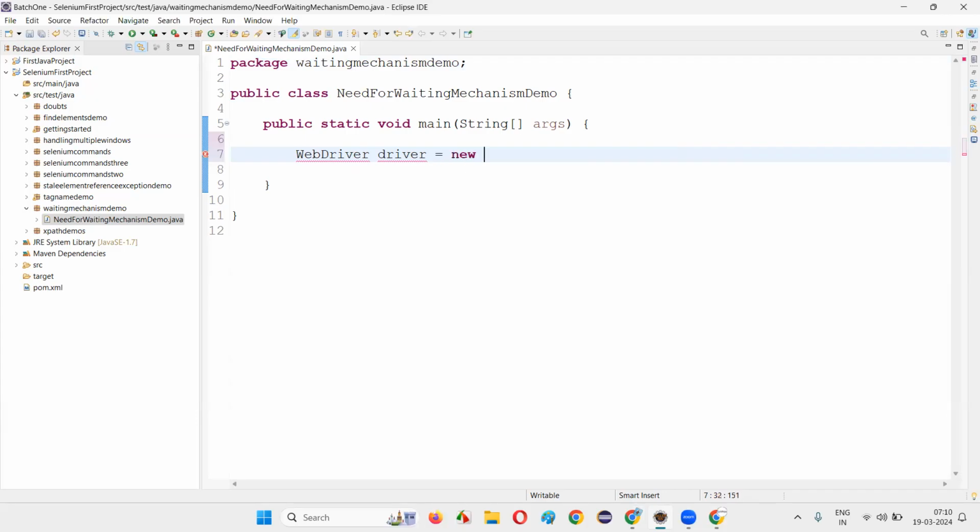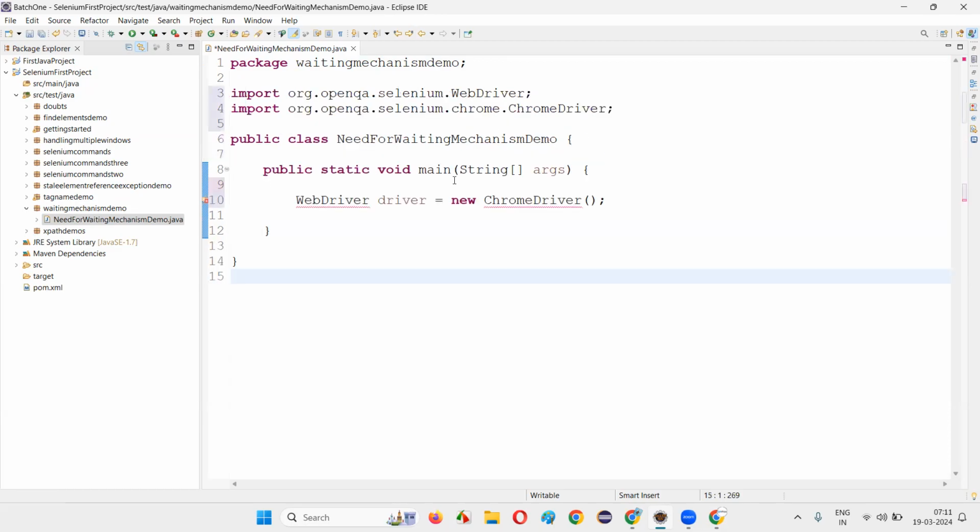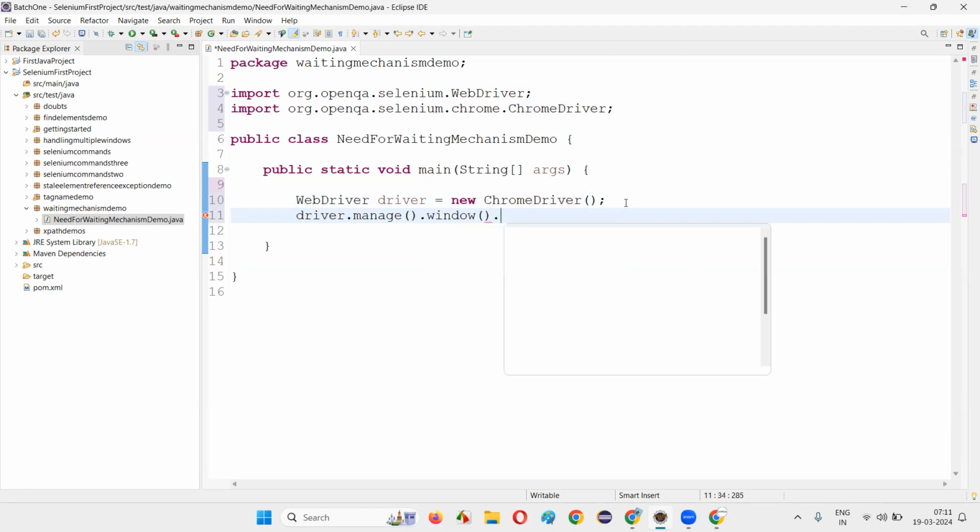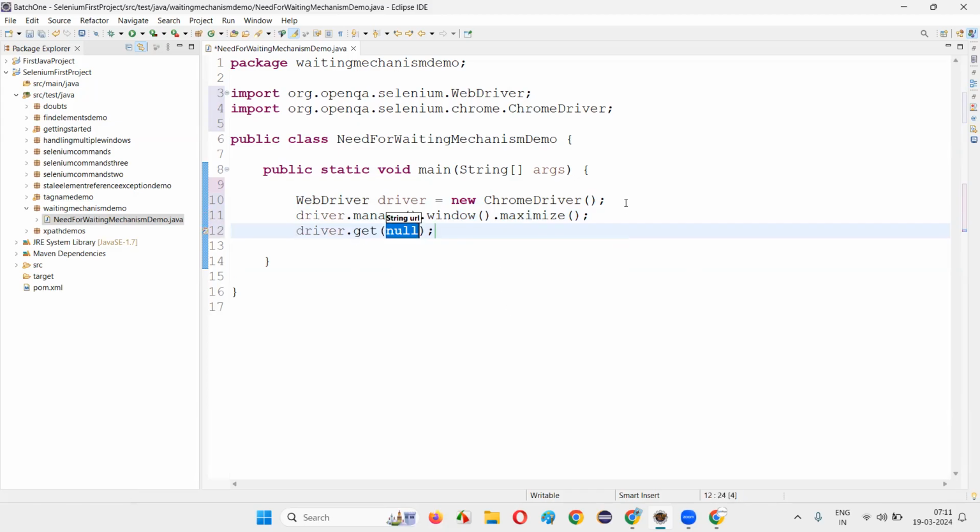WebDriver driver is equal to new ChromeDriver. Then Control Shift O. It will automatically import the WebDriver interface from the Selenium library. It will automatically import the ChromeDriver class from the Selenium library. Then driver.manage().window().maximize(). Then driver.get